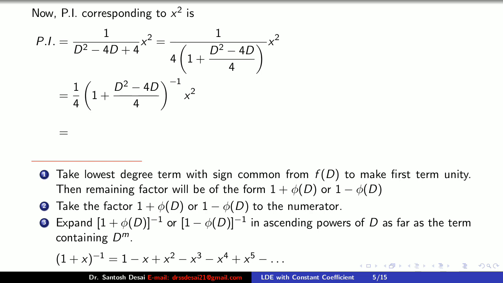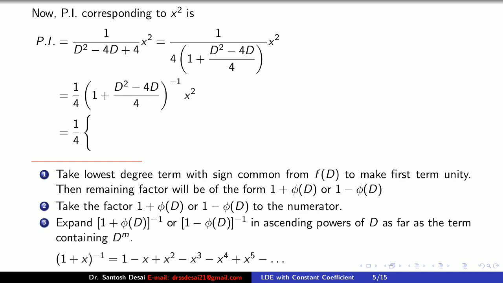So that means we need the first 3 terms of the expansions. If the power of x is m, then we write m plus 1 terms of the expansion. So I write the first 3 terms of the expansion. So 1 by 4, using 1 plus x raised to minus 1, I write the first 3 terms